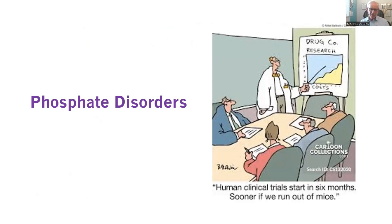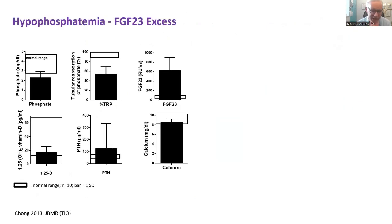Anyway, so the phosphate disorders, as I see them, really are divided into the hypophosphatemia disorders, which are those with FGF23 excess, in which phosphate is low, tubular reabsorption of phosphate is low, FGF23 is high, 125D is frankly low or relatively low, the other effect of FGF23. PTH is typically on the low side, and calcium is typically normal or high normal, as opposed to